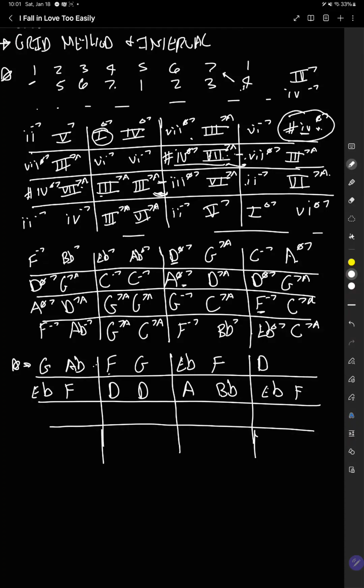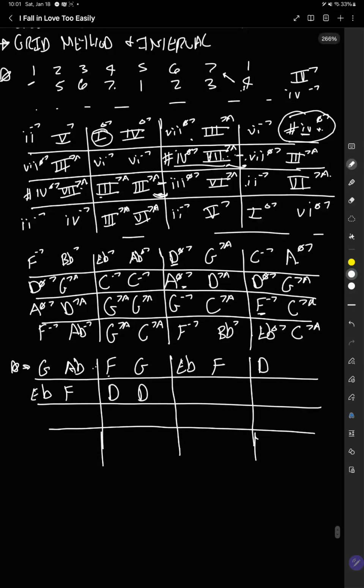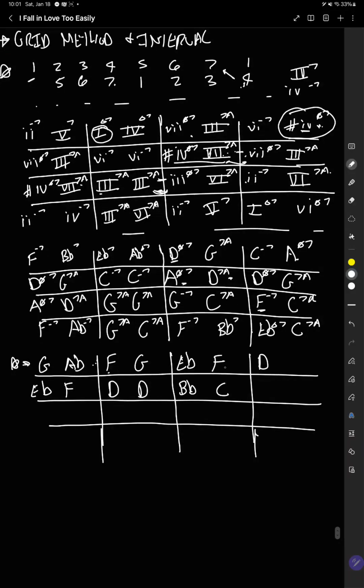So instead of going A, B flat, and then down, like I've done on other 2/5s, start on the 9. Oh, shoot. I wrote the wrong letters here, sorry. So it's an A, so you want to do a B flat, C, which is the 7 of D, and then